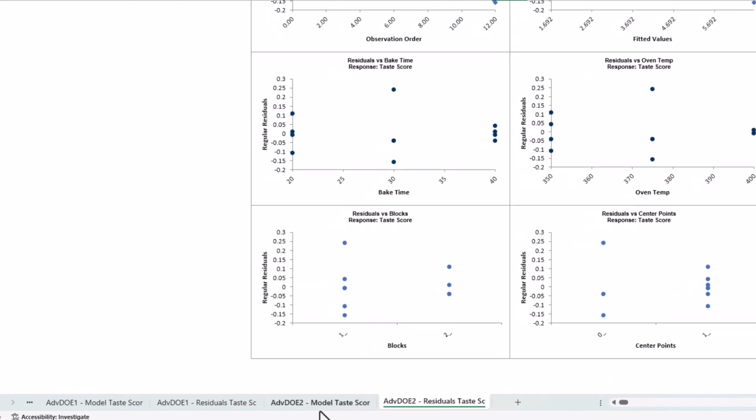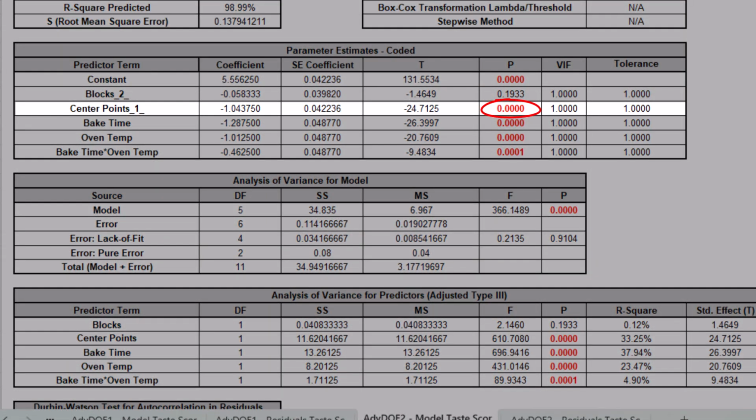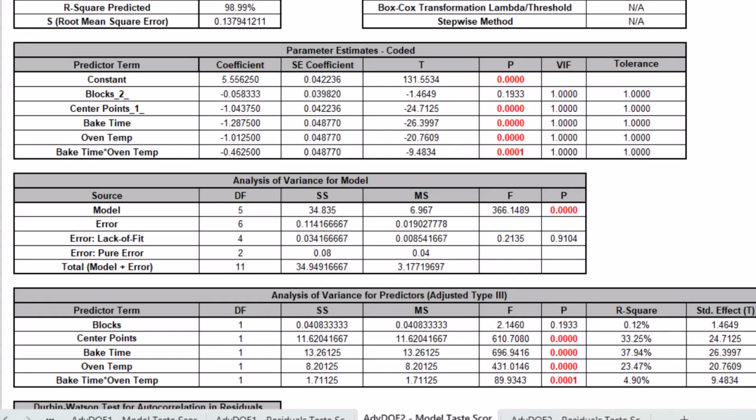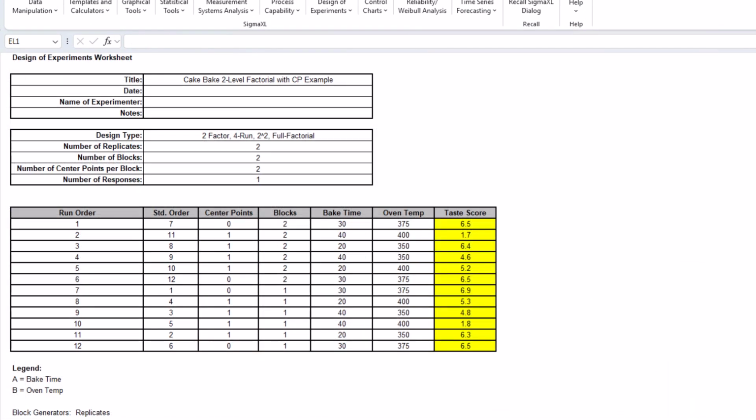Note, however, that the center points term is significant, so this indicates significant curvature or quadratic effects. This means that we cannot use the model as is to make predictions. We need to specify quadratic terms for bake time and oven temp. The current full factorial plus center point design does not permit these quadratic terms to be added, as they would